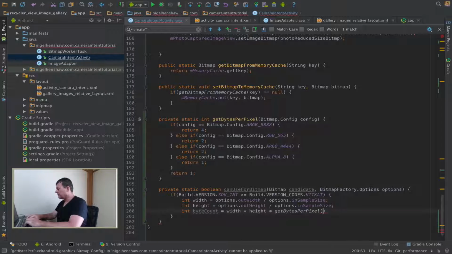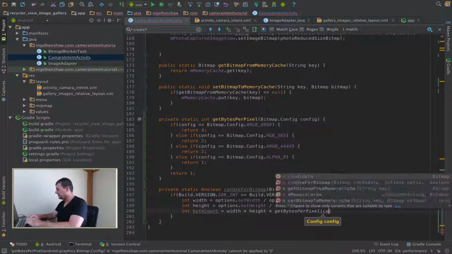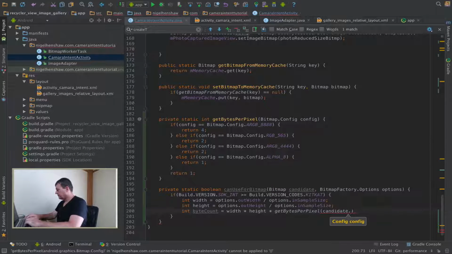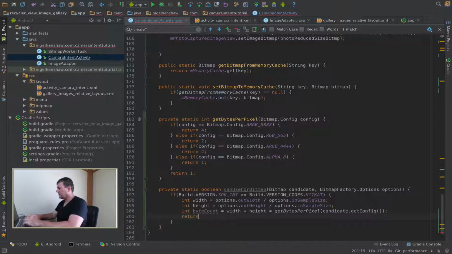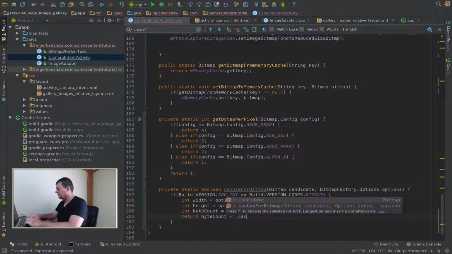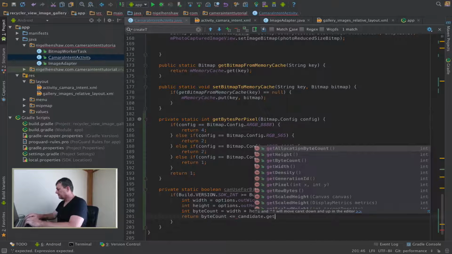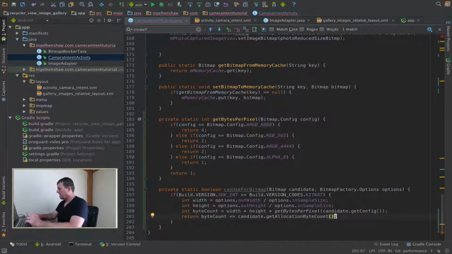And we can use the get bytes per pixel and pass it our candidate config, and we'll return the byte count if it is smaller or equal to the candidate allocated byte count. Okay, this is for KitKat,